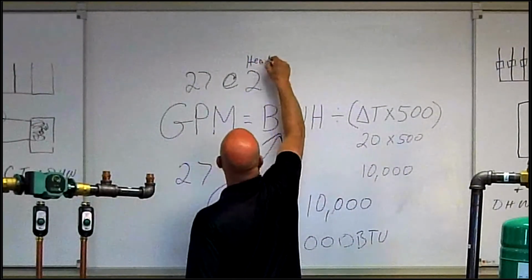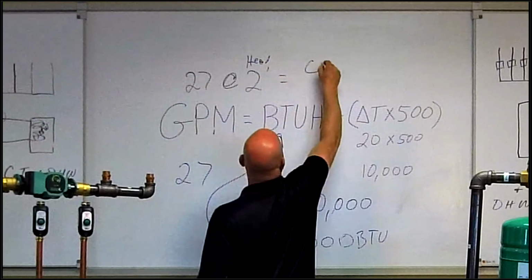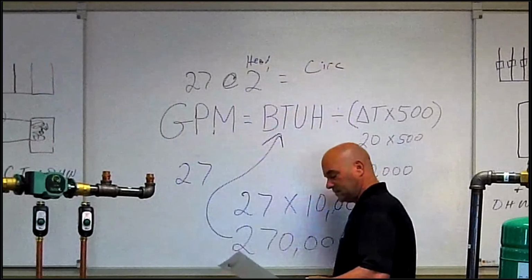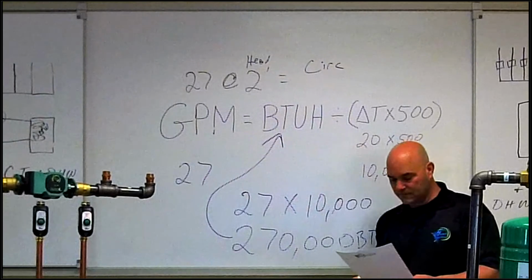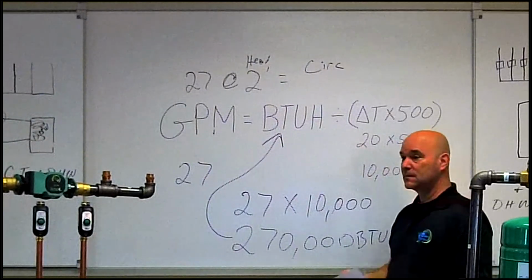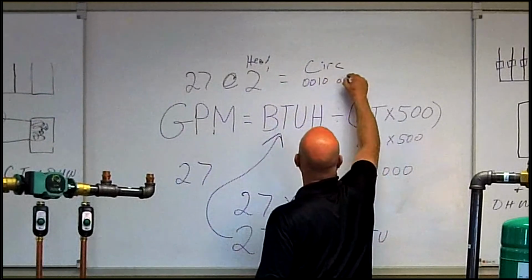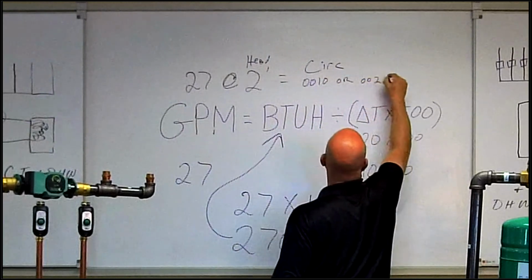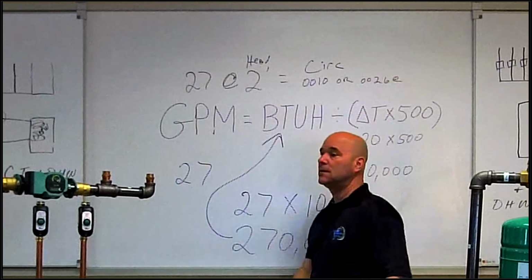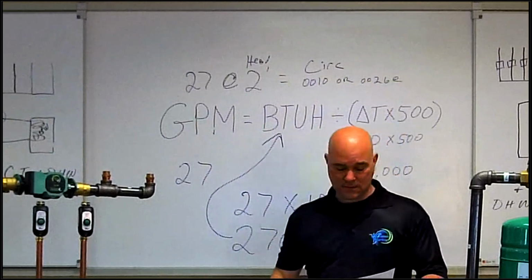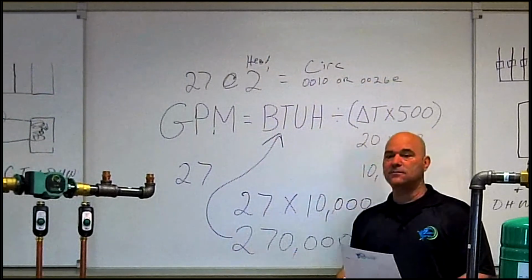And what did we get for a circulator, Jim? A bunch of people coming in at 0010s. For the boiler? Yeah. I like it. 0010 or 0026E, if you want to go high efficiency. Okay? Now,